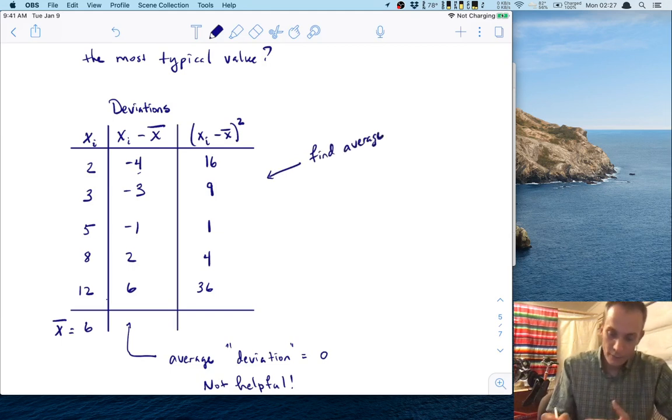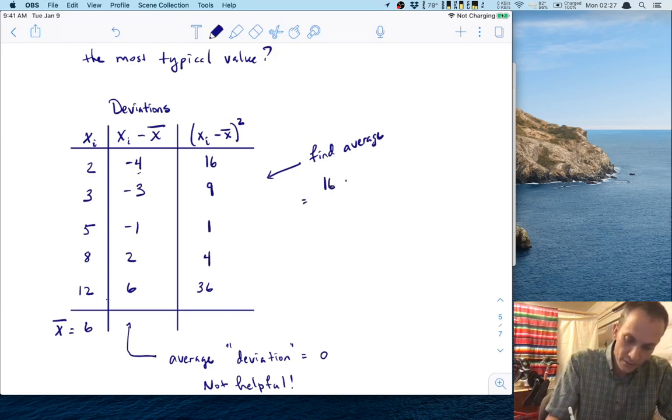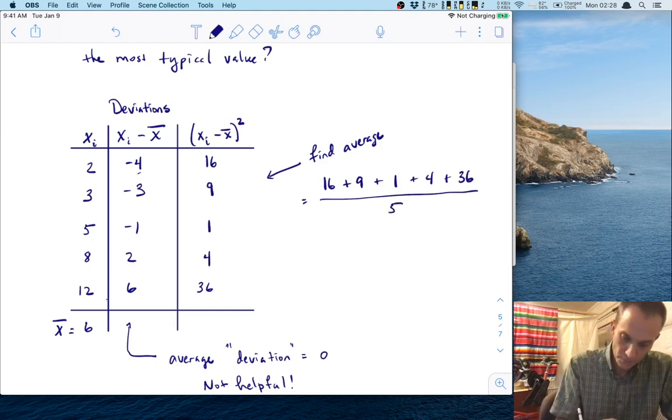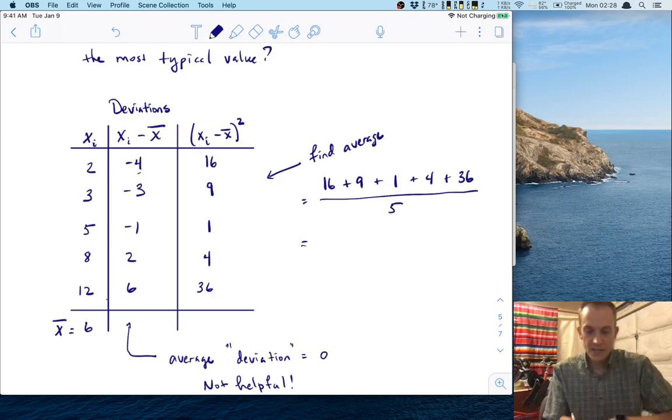Okay. Well, how do we find the average? Well, we add them all together. So that's going to be 16 plus 9 plus 1 plus 4 plus 36. Okay. And we're going to divide that by the number of points, the deviations. We got 5 of them. Okay. And so let's do this. We got 16 plus 9, which is 25, plus 1, which is 26, plus